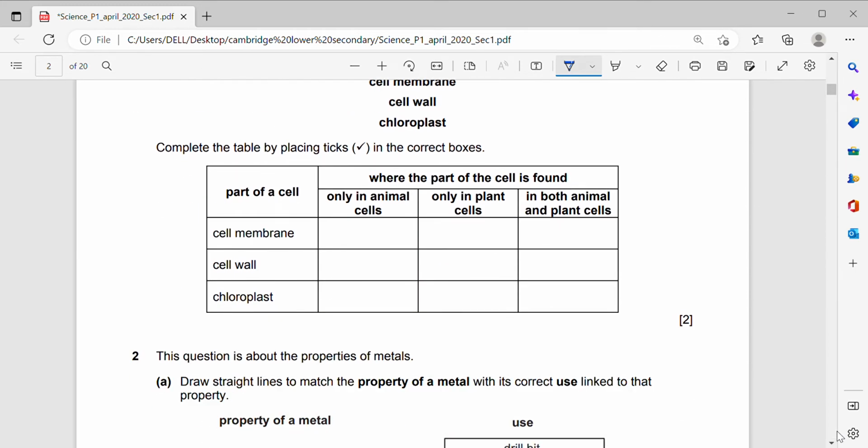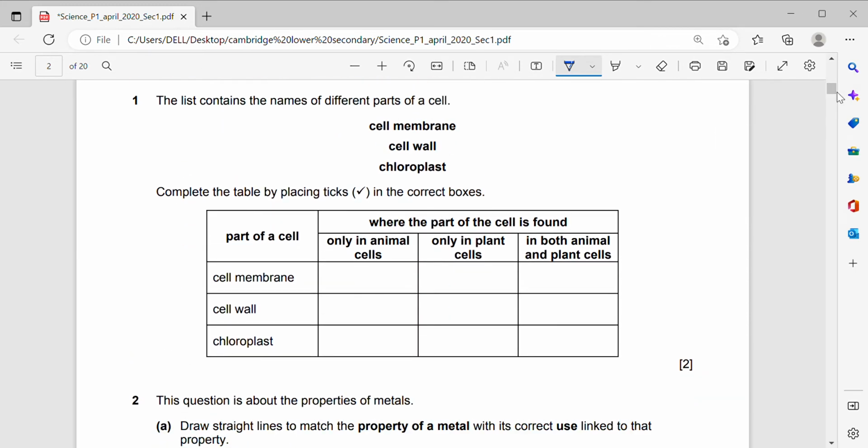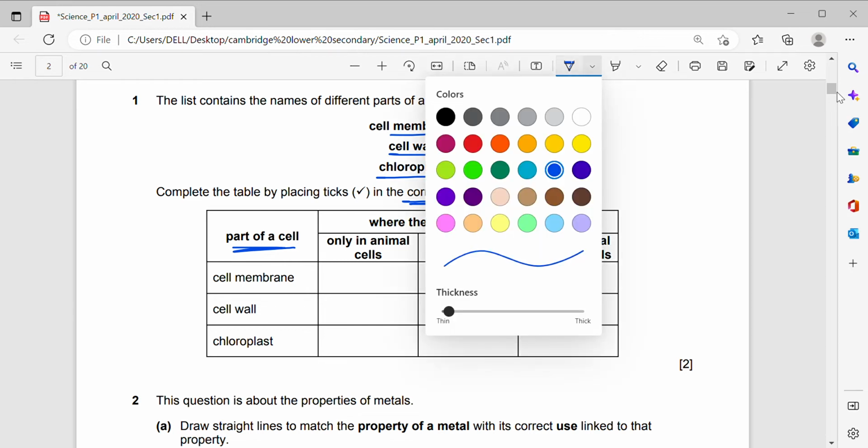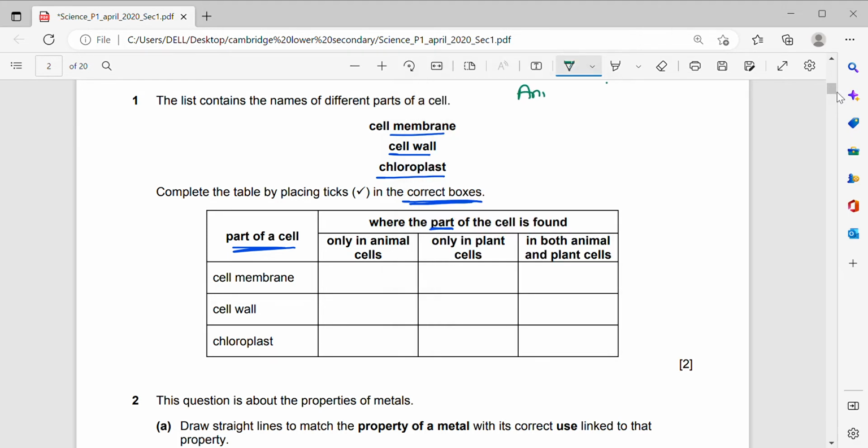The list contains the names of different parts of a cell: cell membrane, cell wall, chloroplast. Complete the table by placing ticks in the correct boxes. Part of a cell, where the part is found only in animal cells, only in plant cells, in both animal and plant cells. Before we solve this question, let's review together the differences and similarities between the animal cell